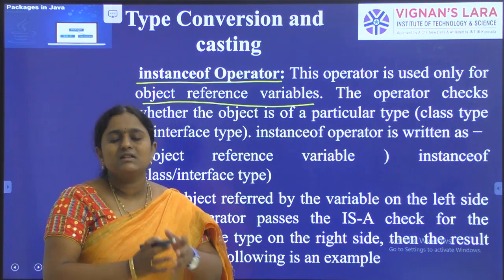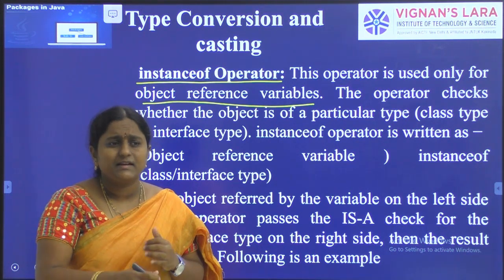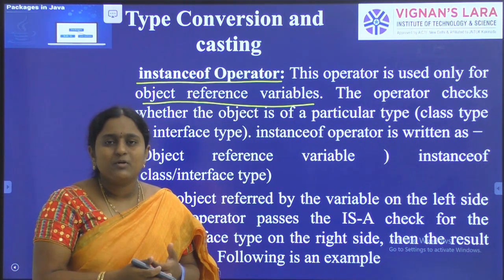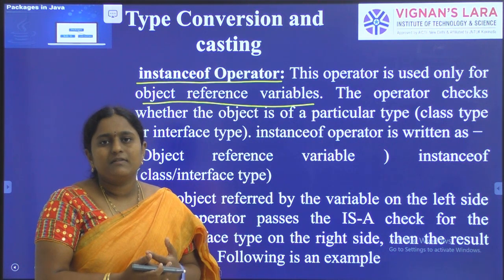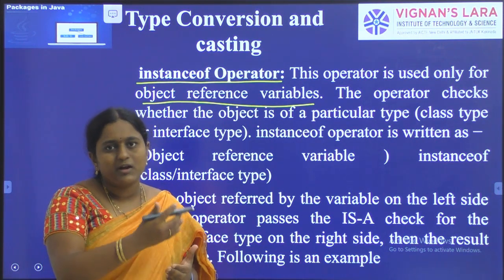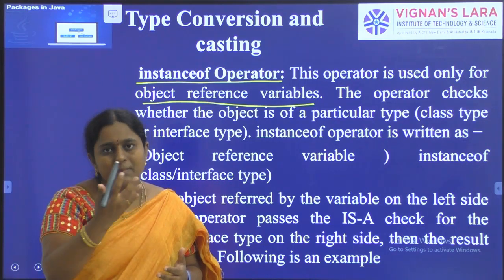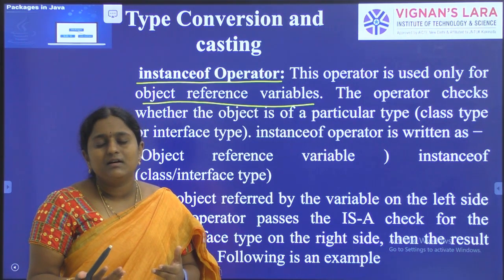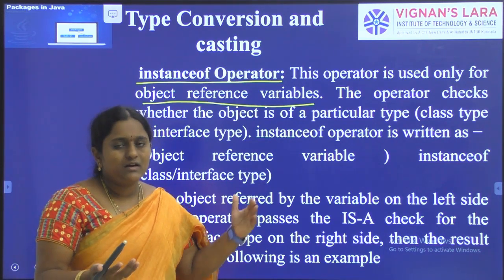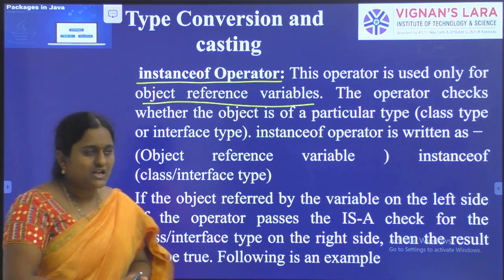The instanceof operator checks whether an object belongs to a particular class or not. For example, we can create one object, and it checks whether that object belongs to a particular class. It results in a Boolean value. If the object really belongs to the particular class, it returns the Boolean value true. Otherwise, if the object does not belong to the class, it gives the Boolean value false. If true, it will print true on the console. That is the purpose of the instanceof operator.